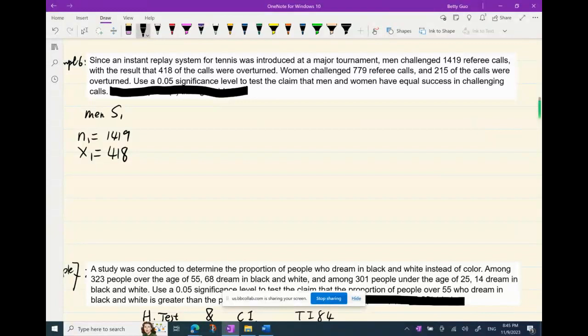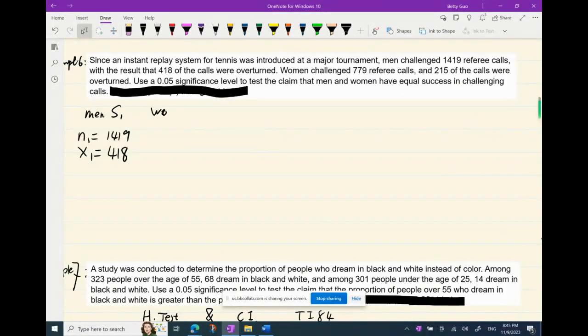Overturned means that the result... Okay, what does overturned mean? Challenge it. Overturned just means that they changed their mind. So if they said the ball was outside the lines, you challenge it, and then they say, okay, yeah, you were right, it was inside the lines. Oh, like approved your request, yeah, right? Exactly. Okay, thank you. Perfect. So in this case, it is more comfortable to call that a success. Yeah. So the women,